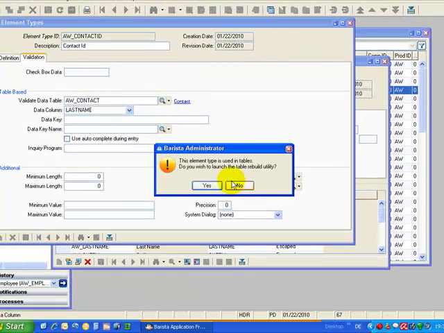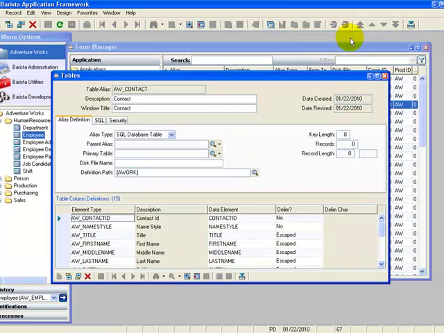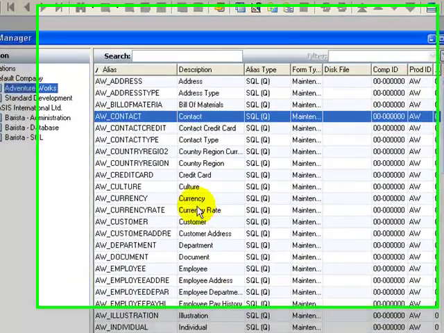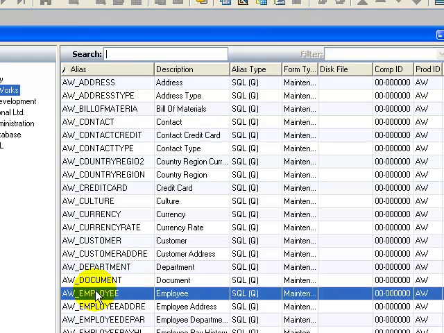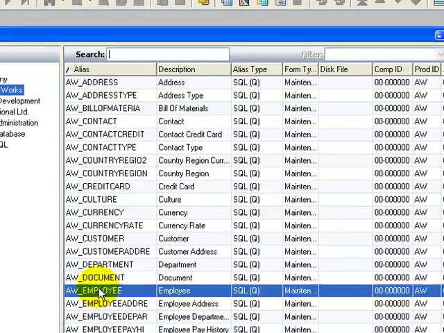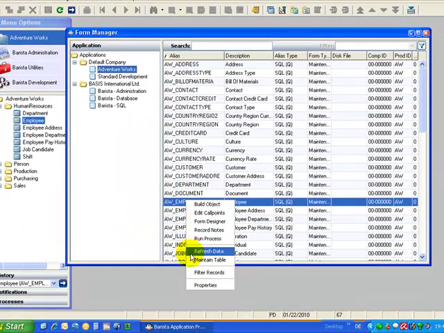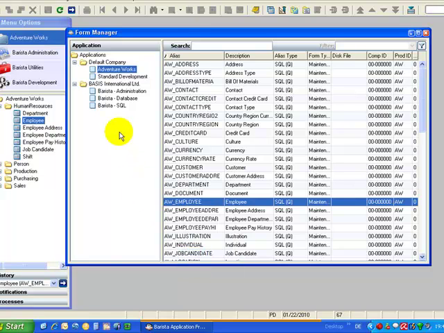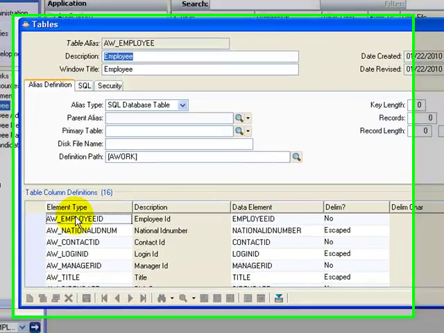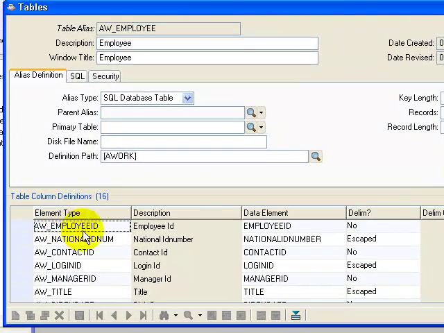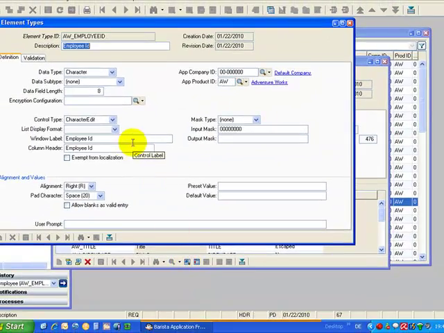So we'll save that. And the same is true of the manager ID. Now the manager ID is something specific. It points to the employee table. So let's go into the employee table itself and say that the employee ID points to the employee table,